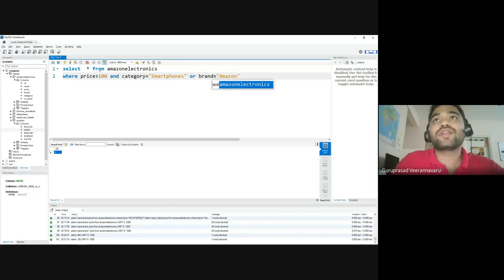Okay. So when you write a big line like this, how should it know what to execute